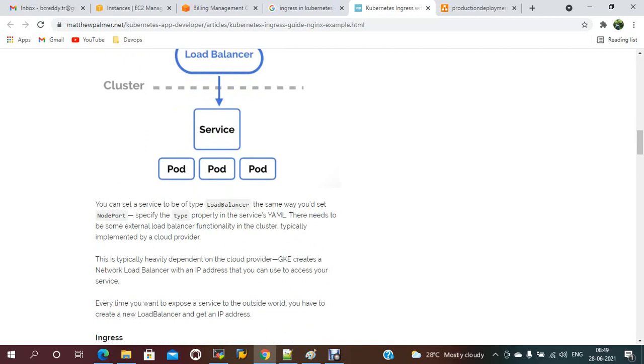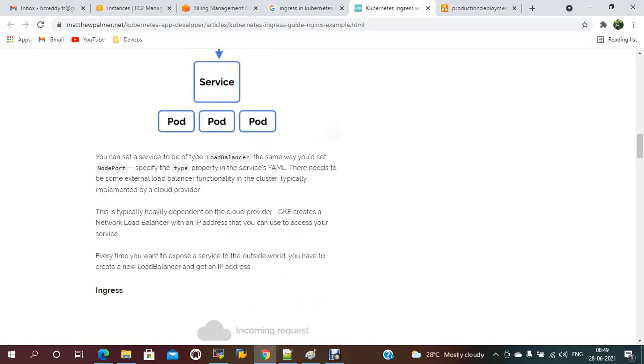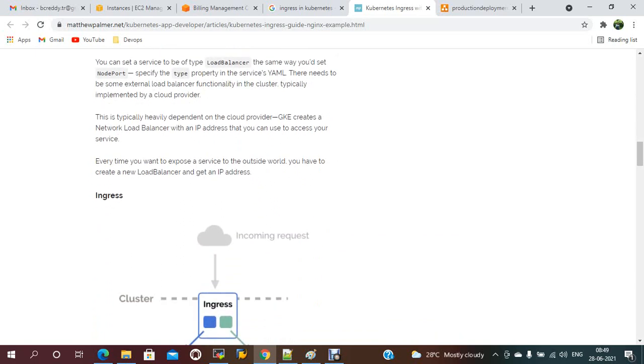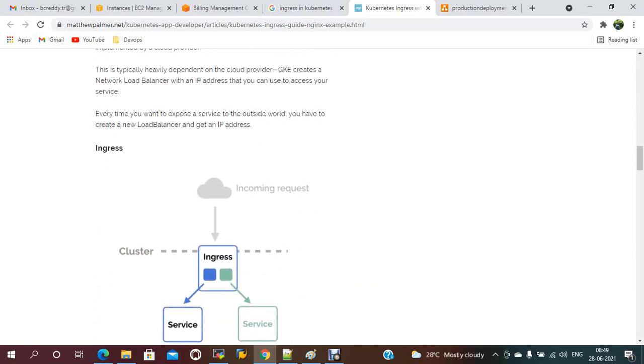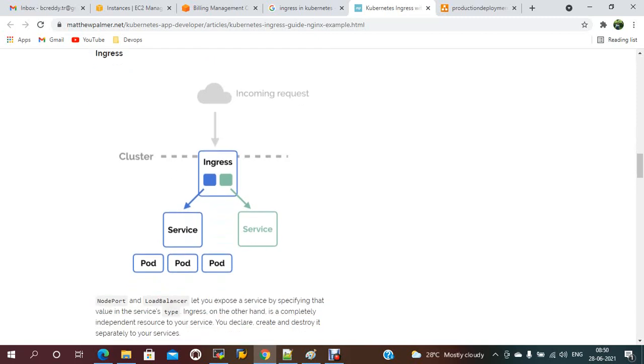With NodePort, we access it using the node IP. When it comes to ingress, the request comes to the ingress service, and it will serve based on the services you declared in the ingress file, with different services using path based routing.